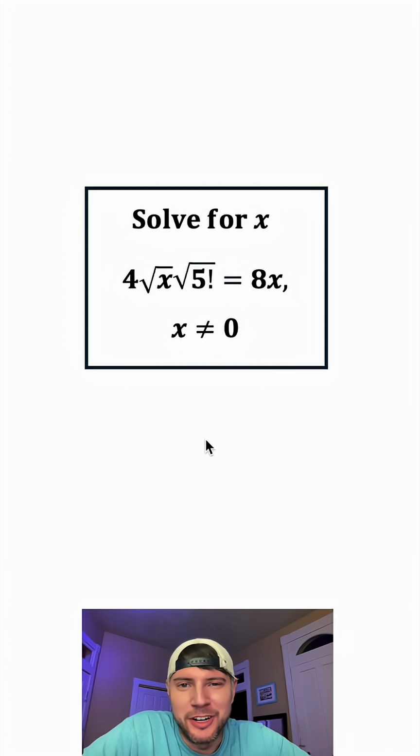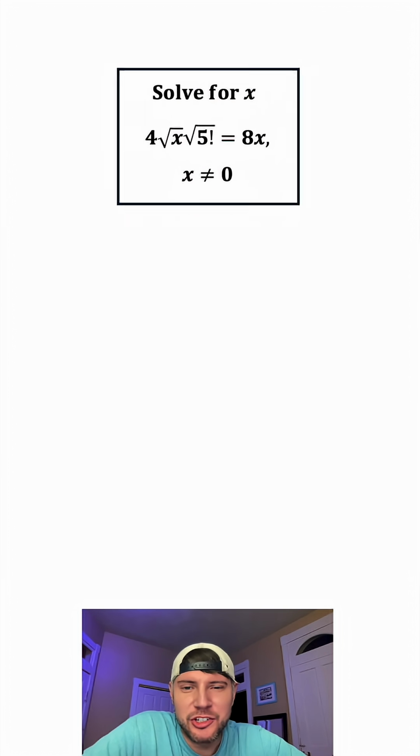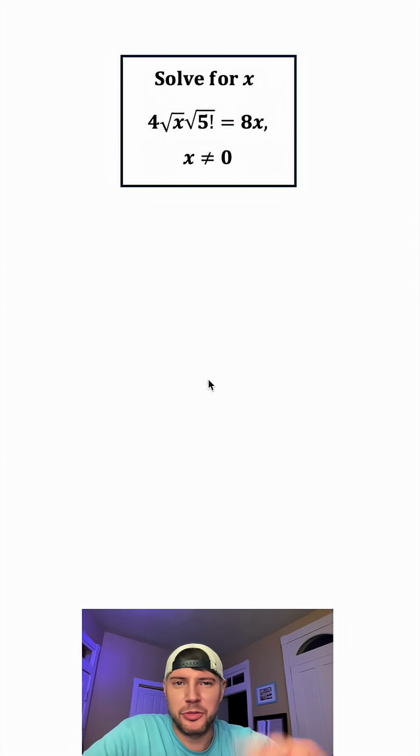Hey guys, this looks like a fun one. It says solve for x. We're given 4 times the square root of x times the square root of the quantity 5 factorial equals 8x, and x is not equal to 0. And if you want to try this one, pause it right now because I'm going to solve it in 3,